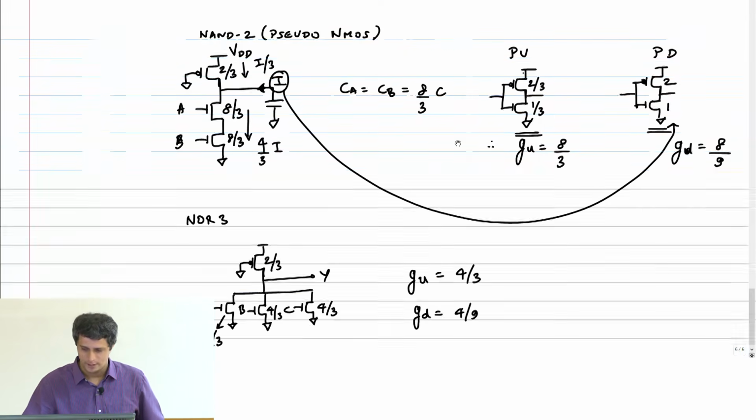Okay. I have 10 minutes to go. So now clearly this is not a gate that can be used because I have a static current when the input is high and the output is low. Right? I have a DC current, and that's going to kill your power. So it can't be used in reality. So therefore something has to be done to exploit this fact that we are getting rid of the PMOS stack, but at the same time get this benefit of lower logical effort.